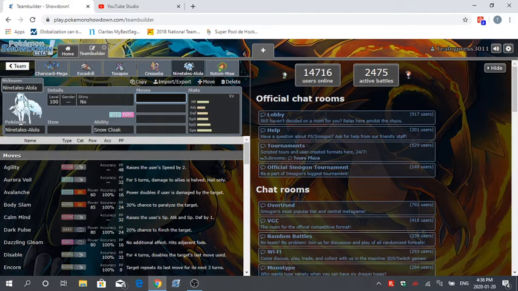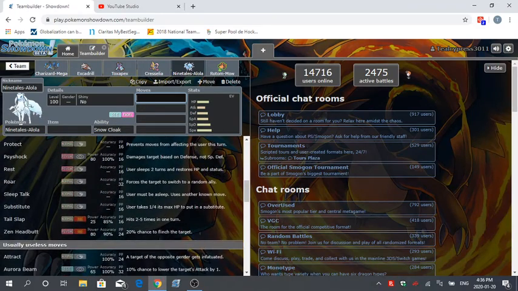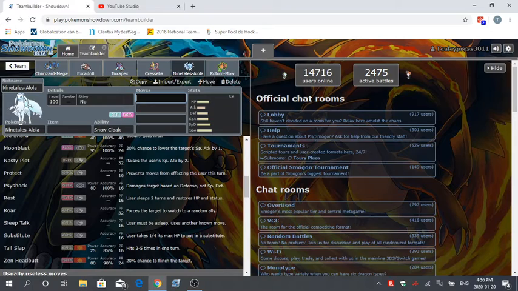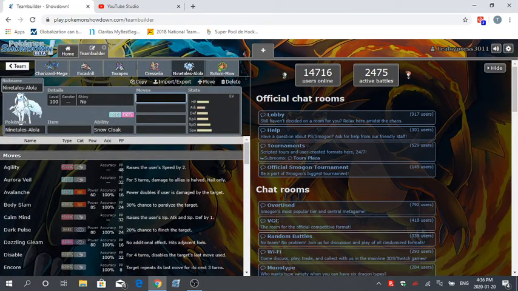If I don't put Light Clay on it, which in this case, you could already tell that Toxic Vesting Cresselia won't really die all that much. But it could do more. I could make it an Assault Vest, I could make it a Substitute, I could make it Roar, I can make it set up, I can make it Encore other things, and I can maybe even potentially make it a sweeper if I wanted to with Agility and Calm Mind, and it's got a good variety of moves that I could really